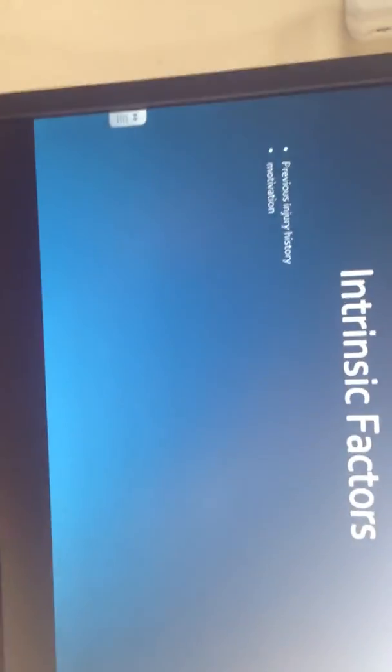Intrinsic factors, okay, moving on to this now. An intrinsic factor that might have an effect on performance within the game is previous injury history. So, for example, if a player may have broken their leg, such as Jack Wilshere, he broke his ankle, and it's taken